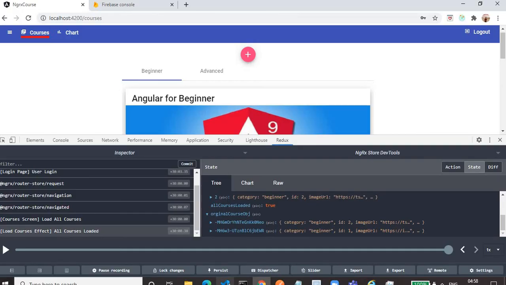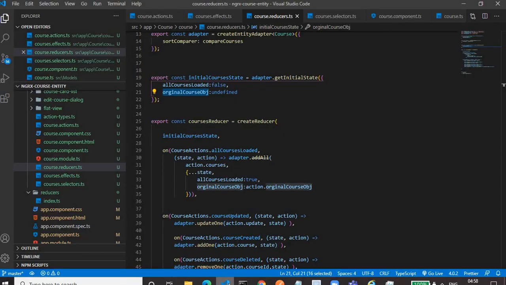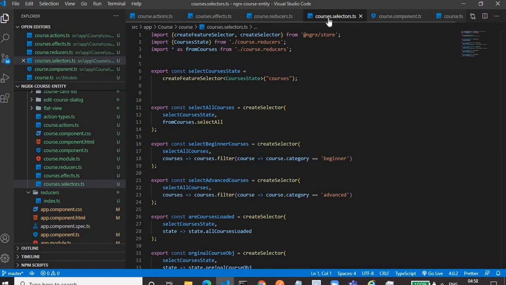Once the data gets stored in the store, the next thing is we have to fetch the data from the store. How can we fetch the data from the store? For fetching the data from the store, we have to use the selector operator.